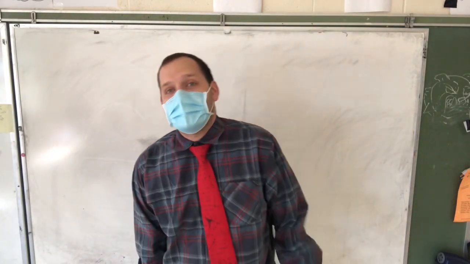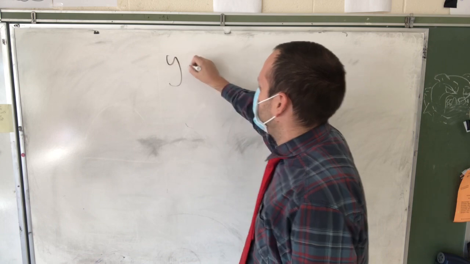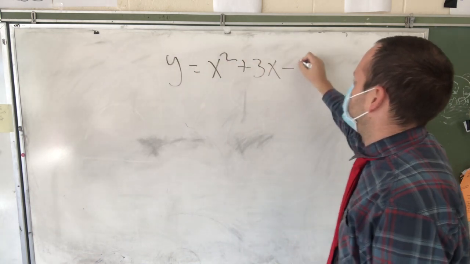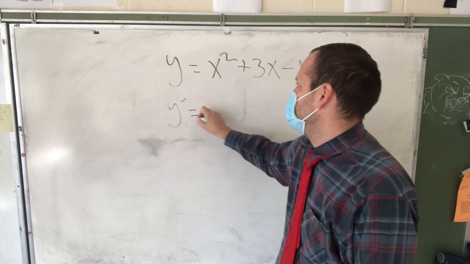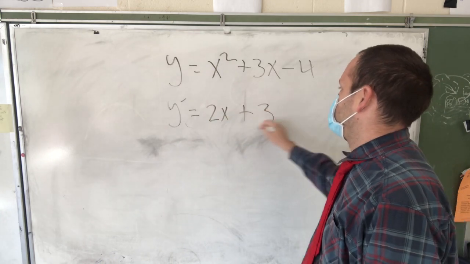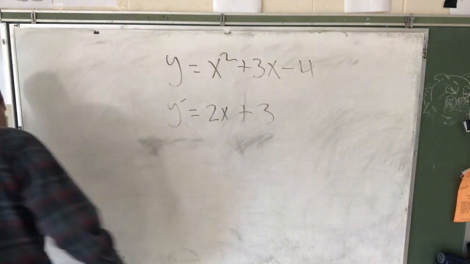So, with calculus, there's more than just one derivative. You could take the derivative again, and again, and again, and again. For instance, let's say we have y equals x squared plus 3x minus 4. We want to take the derivative. That'd give us y prime equals 2x plus 3. Okay? We could also rewrite that as